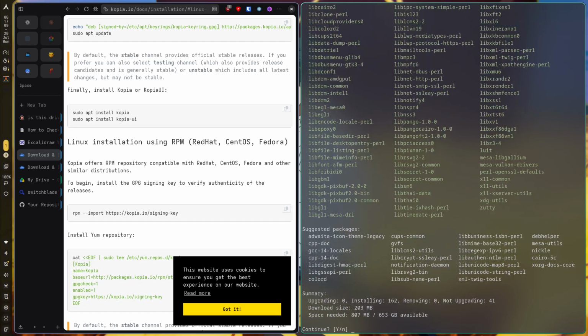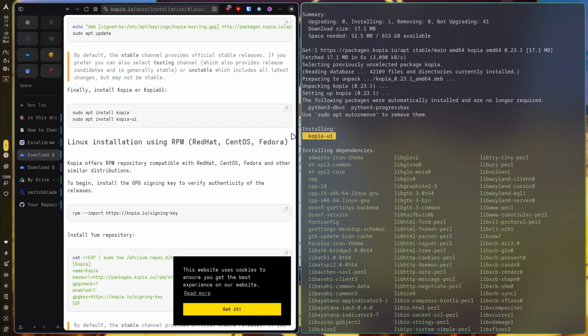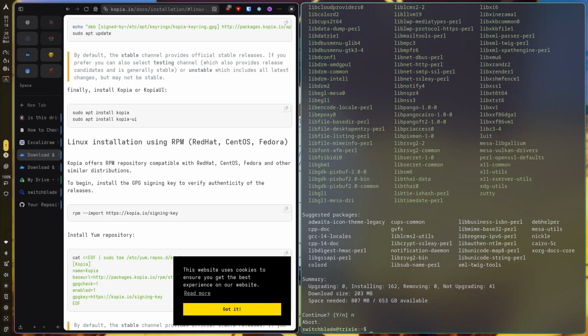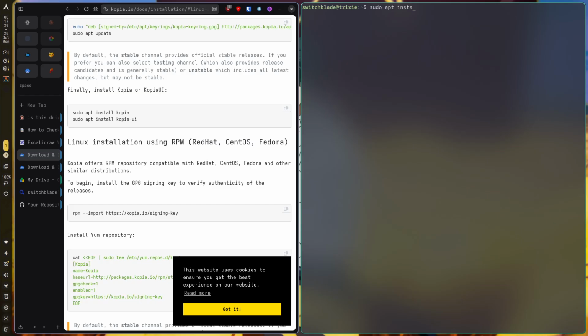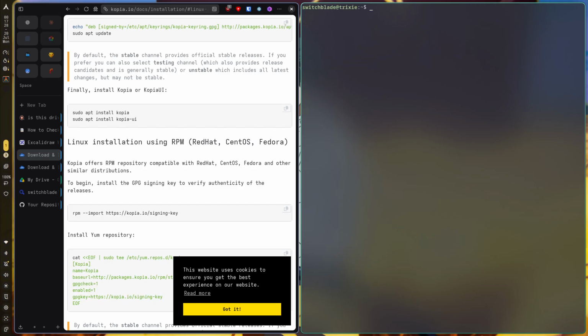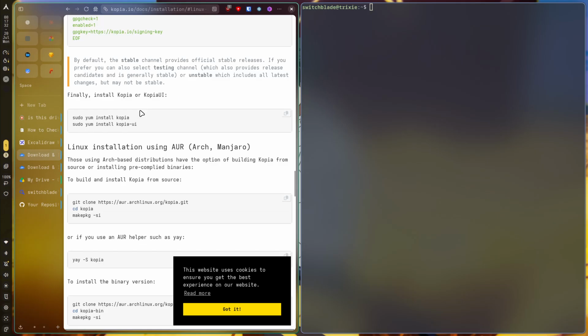Hmm. Okay. Why does this ask me so much? Copia UI. I don't think we need Copia UI. Nope. So sudo apt install copia is enough, right? Very good. Okay. After we download this,